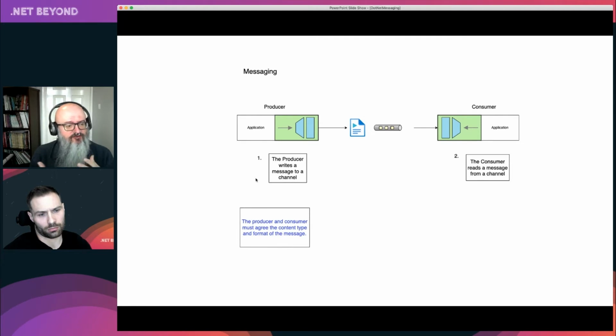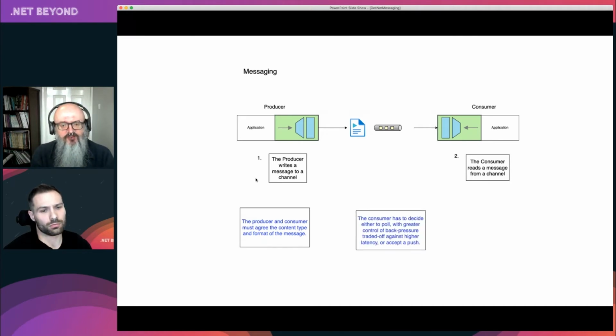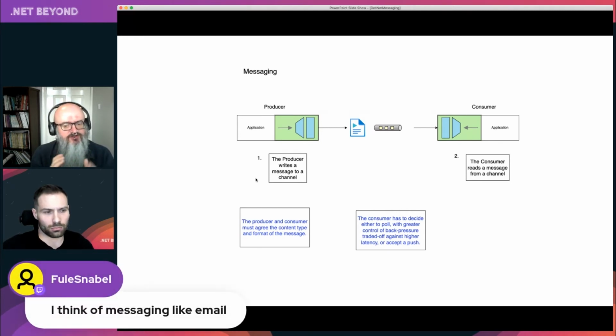And again, a bit like file transfer, we have to agree basically the content type. Am I sending you a binary payload, a plain text payload, and the format? What schema is the message? Do you expect to be able to read this? You must understand the schema of what I'm sending you. And then we have some kind of messaging middleware that you're going to read off. And essentially, we get a choice between polling that or receiving a push notification. So again, a bit like the file transfer system.